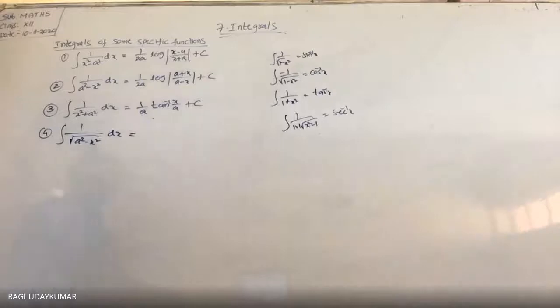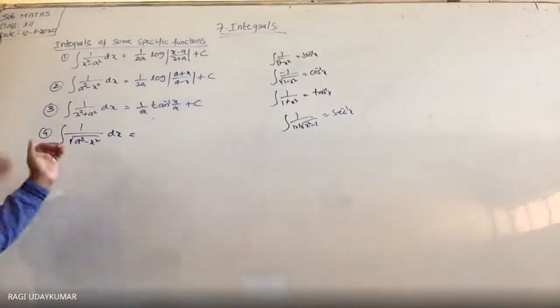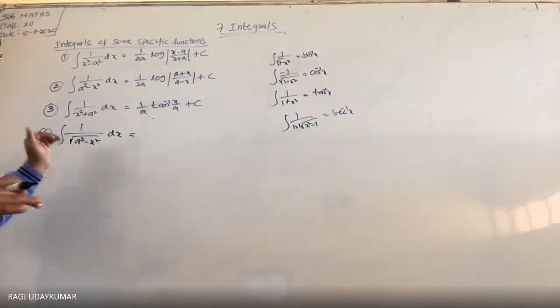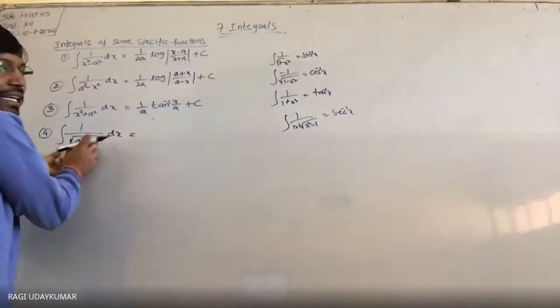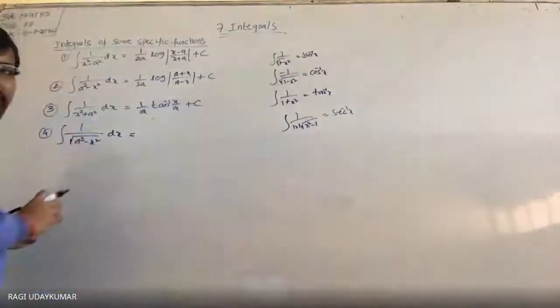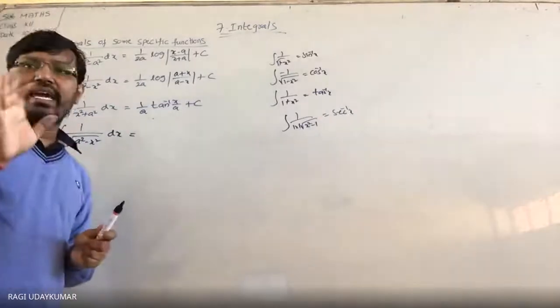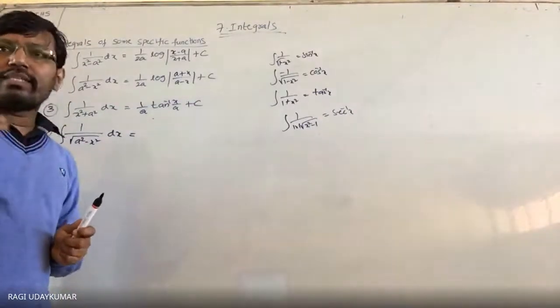Under root of a square minus x square, do remember that. So here what to do, x is equals to a sin theta. ये देखो मैच हो रहा है ना थोड़ा. x का 1 का प्लेस में ये है. In the place of 1 you are having a. So you are going to get this one is equals to